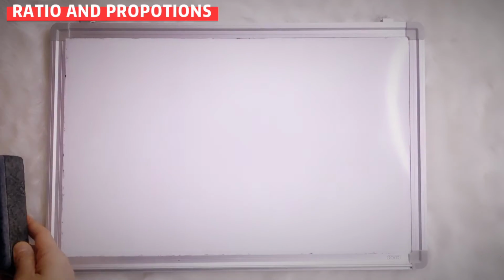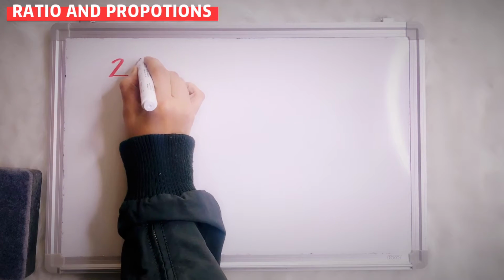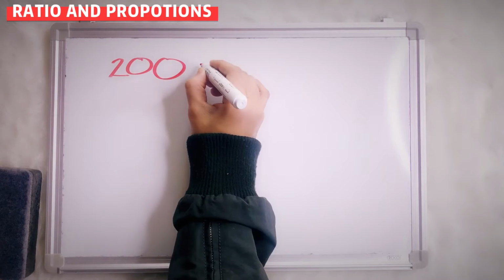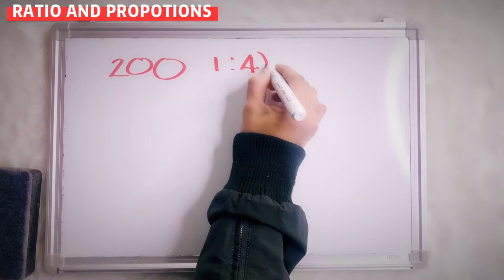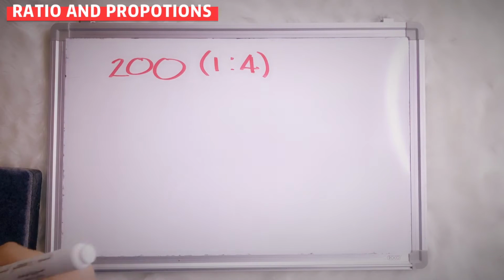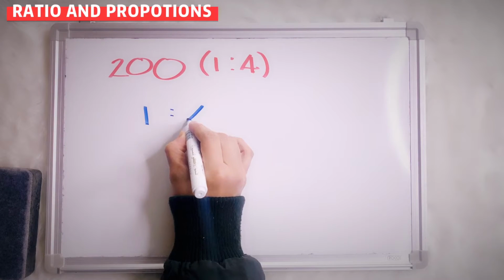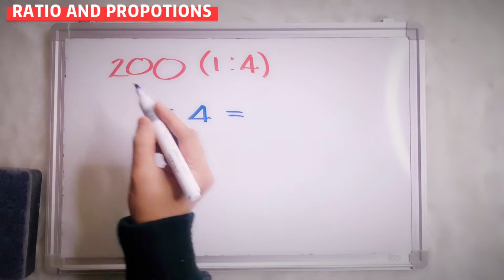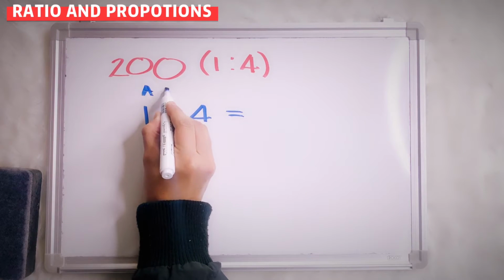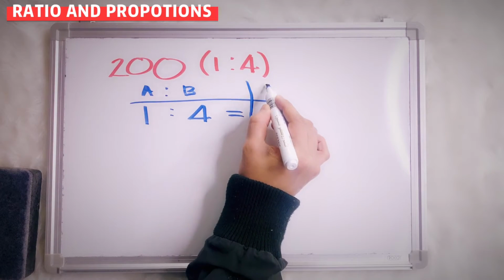Alright. Let's say I give you 200, okay? In the ratio 1, 4. So how to do it? Okay, now I prefer to do like this method, okay? So you put 1 here, okay, and 4. So here is a total, okay? So let's say I put here is A, here is B, right? So this part is total,